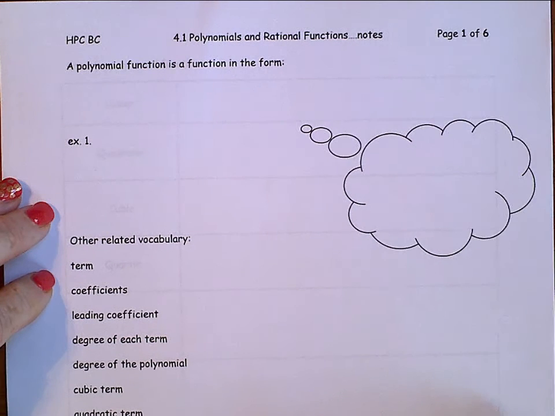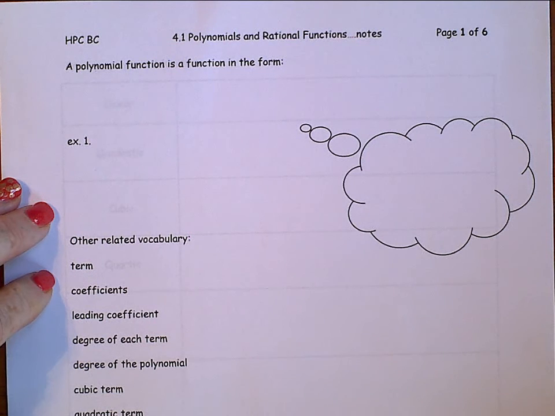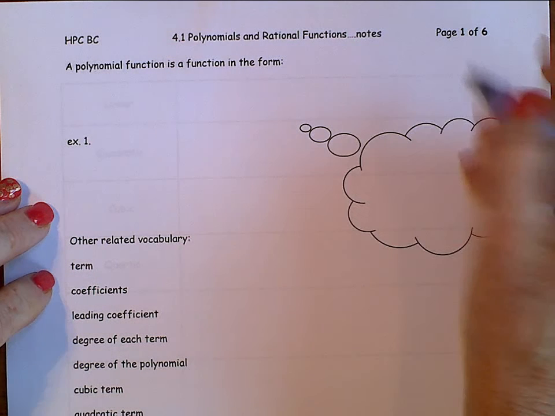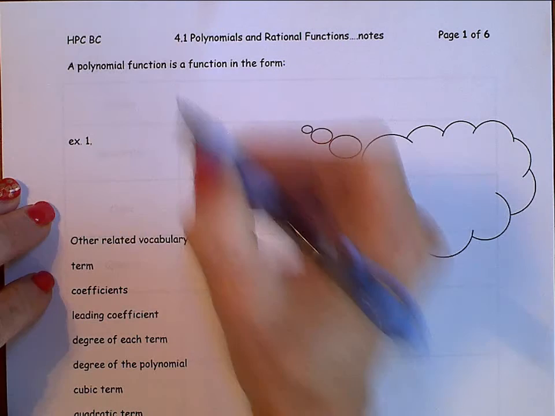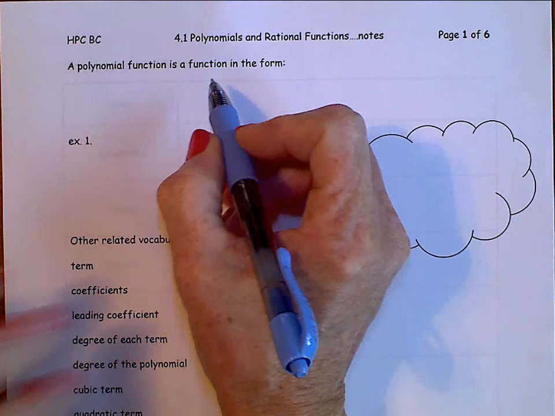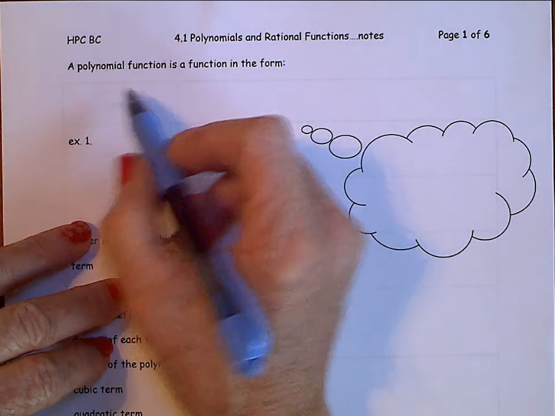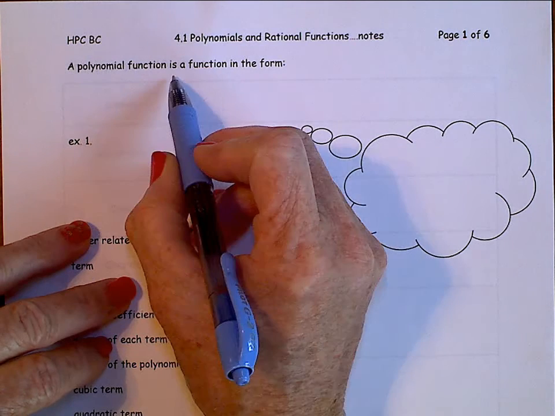This is Honors Pre-Calculus, section 4.1, page 1. Today we're going to start off looking at a polynomial function and write that definition. A polynomial function is a function in the form